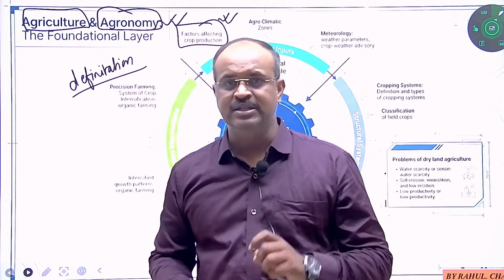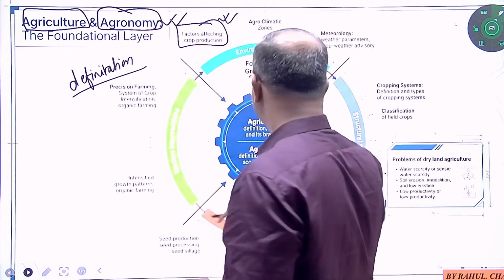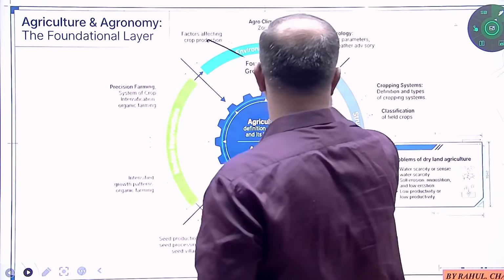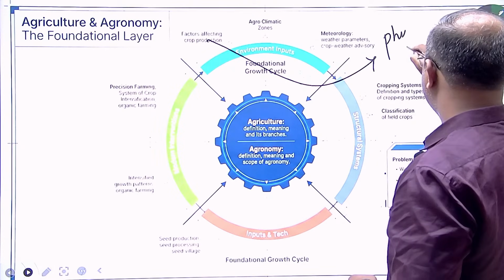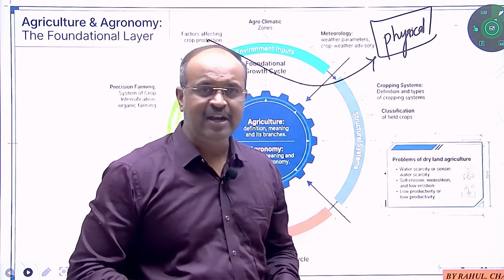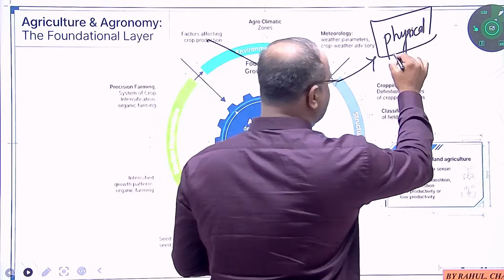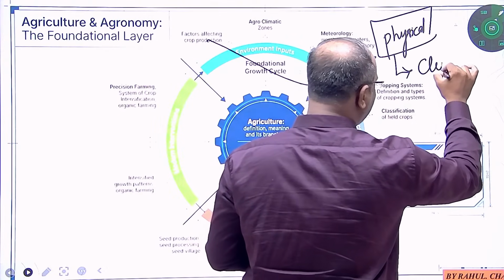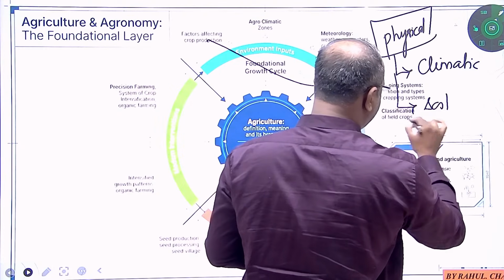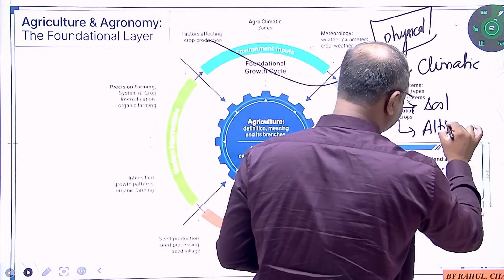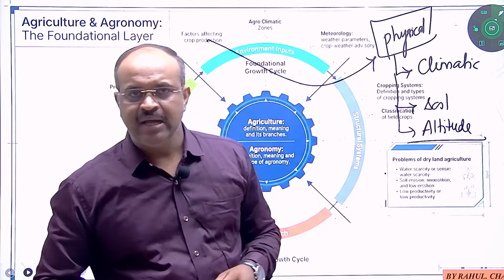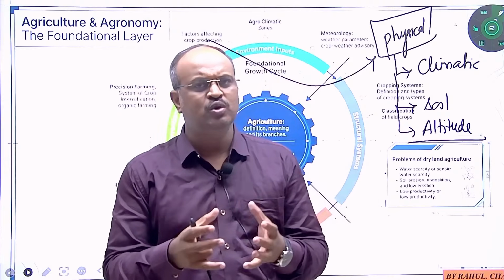When we say the factors, we can divide these factors into different types. First, it is the physical factor. But when we say the physical factor, don't only look at the physical factor. We need to understand what exactly comes under the physical factor. Here you can find the climatic factors, then the soil factors, then the altitude as well. Getting? In the climatic factors, the temperature is important, the light is important, the solar radiations are